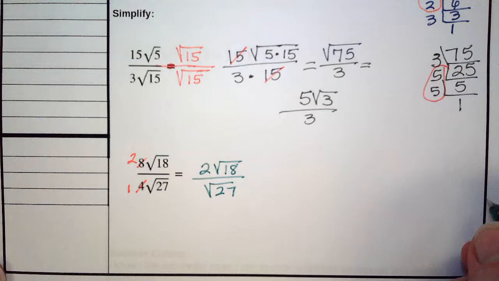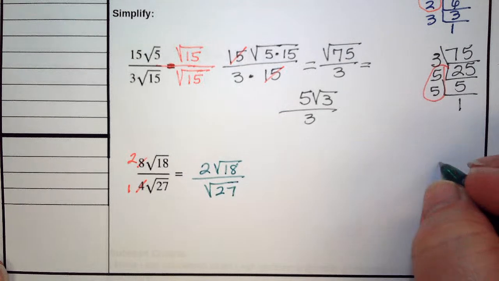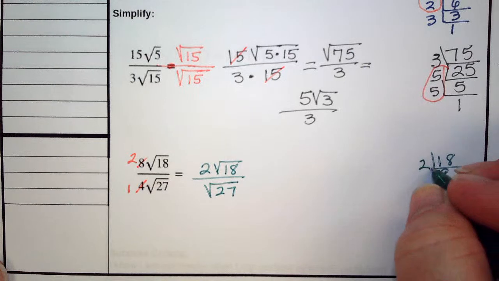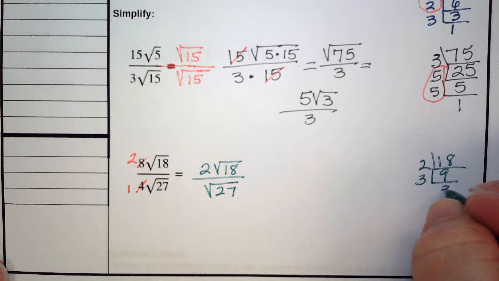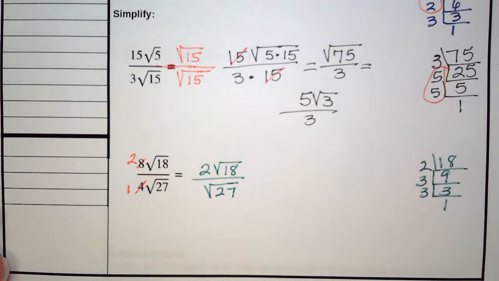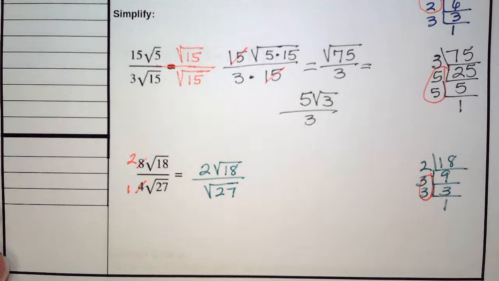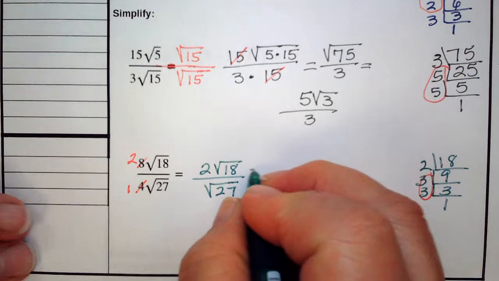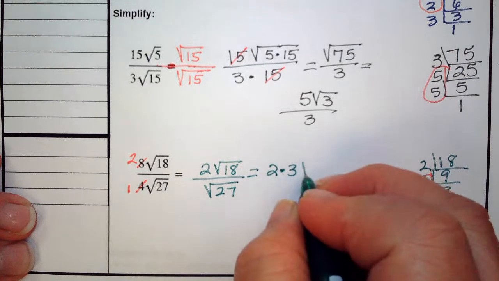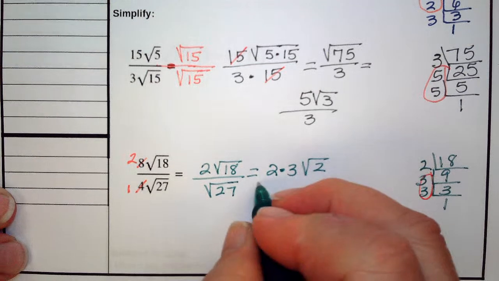Now I've got to simplify the square root of 18 and I've got to simplify the square root of 27. The factors of 18: divided by 2 I get 9, divided by 3 I get 3, divided by 3 I get 1. I've got a pair of 3's. So this becomes 2 times 3 square root of 2. All of this is over